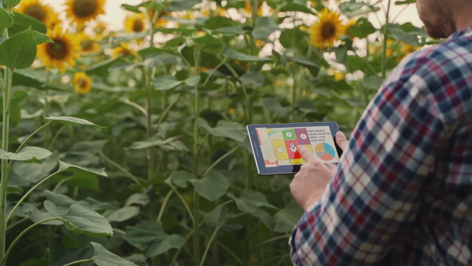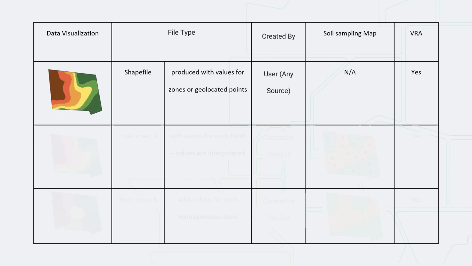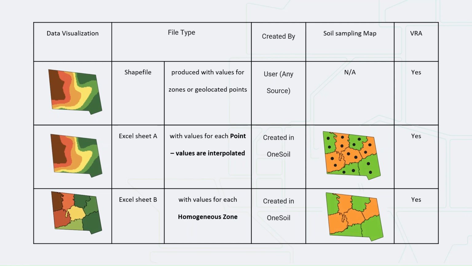Here's a quick guide to the file types supported by OneSoil Pro. Shapefiles are probably the best option for uploading soil analysis data because they're super detailed and fit the job well. They can accommodate data generated for specific zones or geolocated points, but they can be a bit tricky since you'll need extra software to convert lab data or ask the company that did the sampling to provide it in shapefile format. Using an Excel file in this case is a bit easier, but it also has its specifics because Excel files require predefined zones or points in OneSoil to function properly.